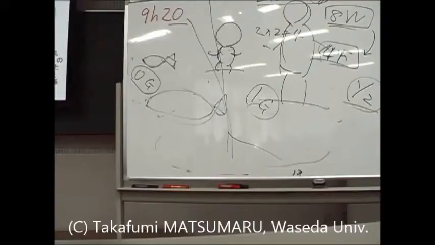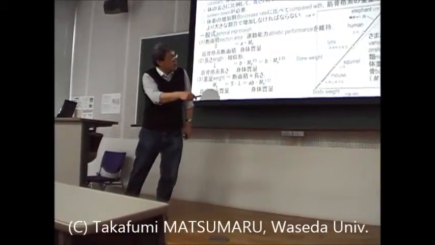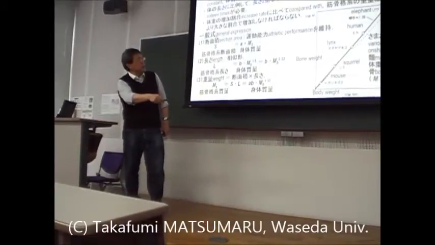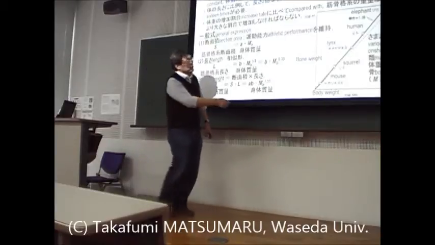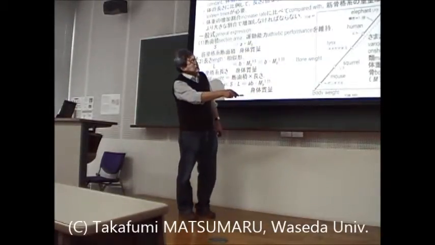And also, the growth model is here, so it shows like this. And this figure shows various onshore, on the ground mammals, their body weight and bone weight. As body weight becomes larger, bone weight should